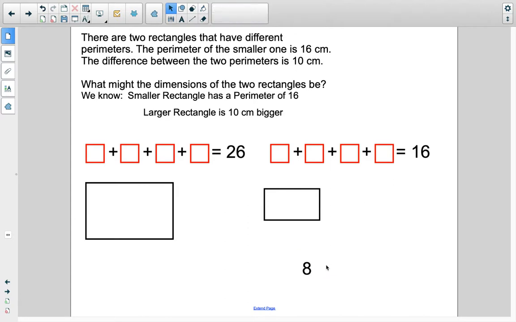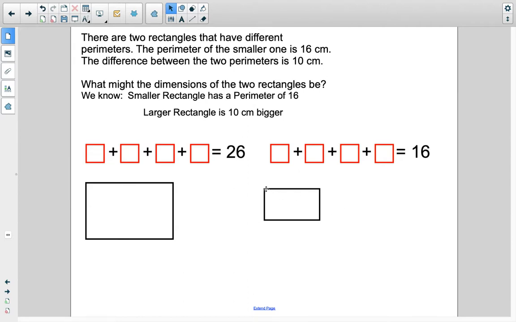So let's say I want these side lengths to be 8, which means that this will be 8 and this will be 8. So now I need to find two other numbers here for these two sides. Well, does that work? It does not work. Why doesn't it work? Because 8 plus 8 is already 16, which means these would be 0, which obviously is not possible. So I'm going to get rid of those 8s, and I'm going to try a number that's more